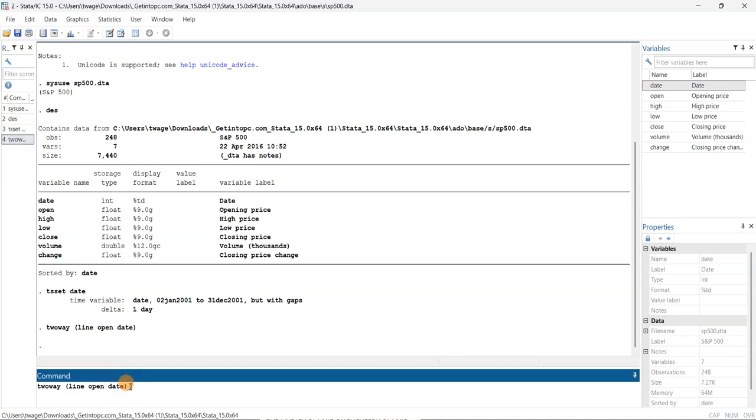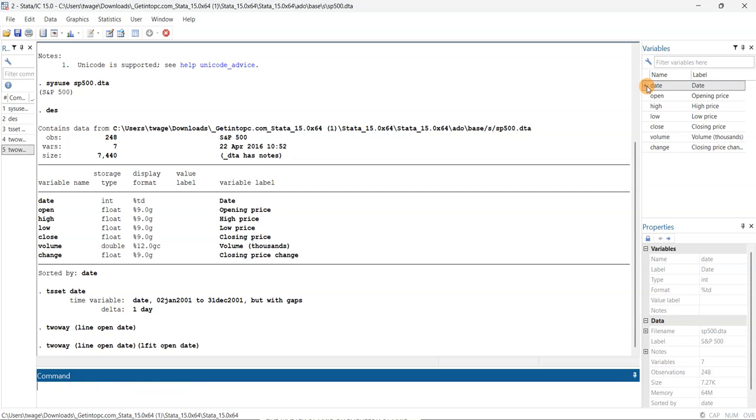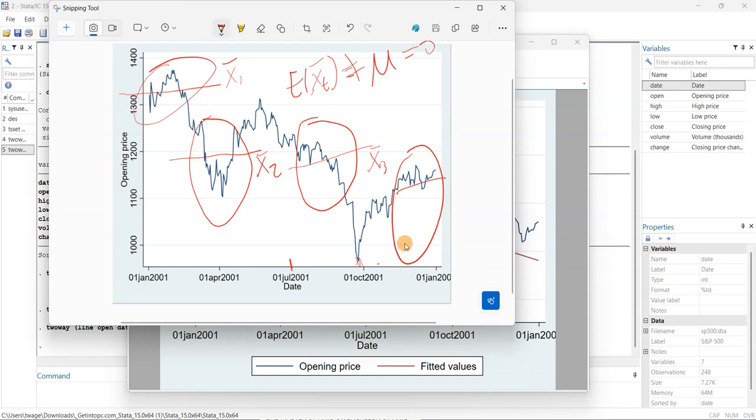You can use the same commands, put my open variable and date, and then close the brackets, then enter. You can see now I'm no longer having